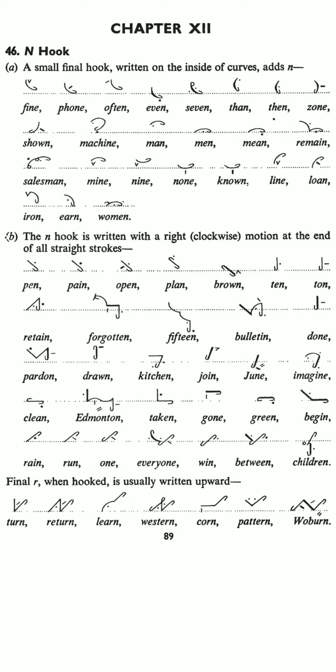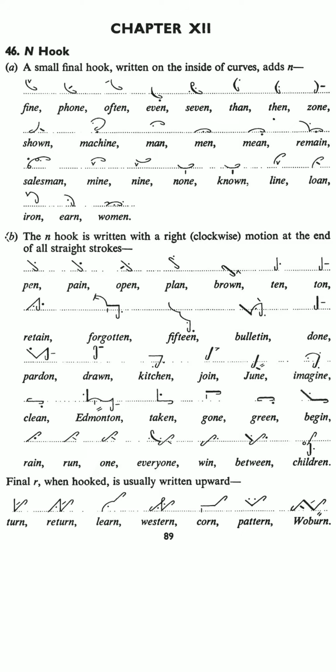A small final hook written on the inside of curves adds n। अभी ए पार्ट क्या है, कर्व्स के बारे में बताया गया है कि कर्व्स के साथ एन हुक कैसे ज्वाइन होगा। As in fine, F stroke above the line with n hook, I diphthong on the first place of F after it। Phone, F stroke on the line with n hook, heavy dash on the second place of F after it। Often, F stroke with n hook above the line, light dash on the first place of F before it।